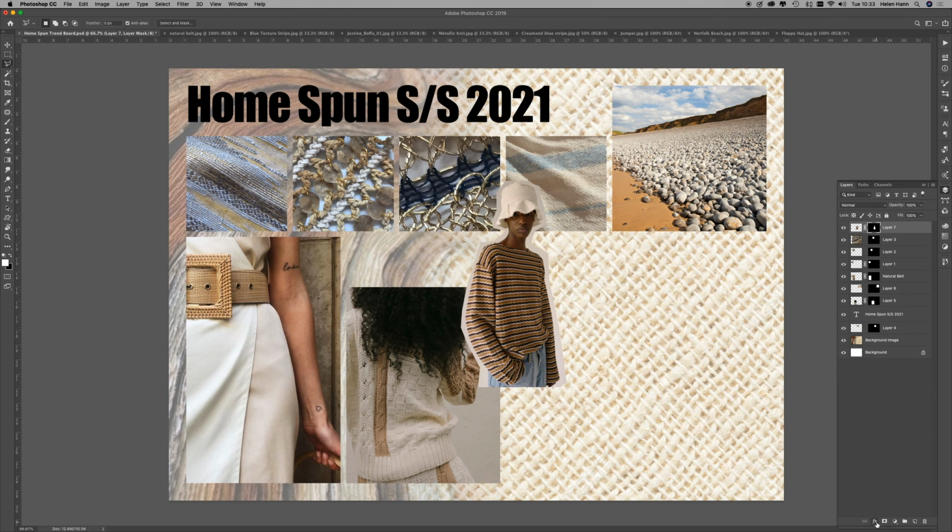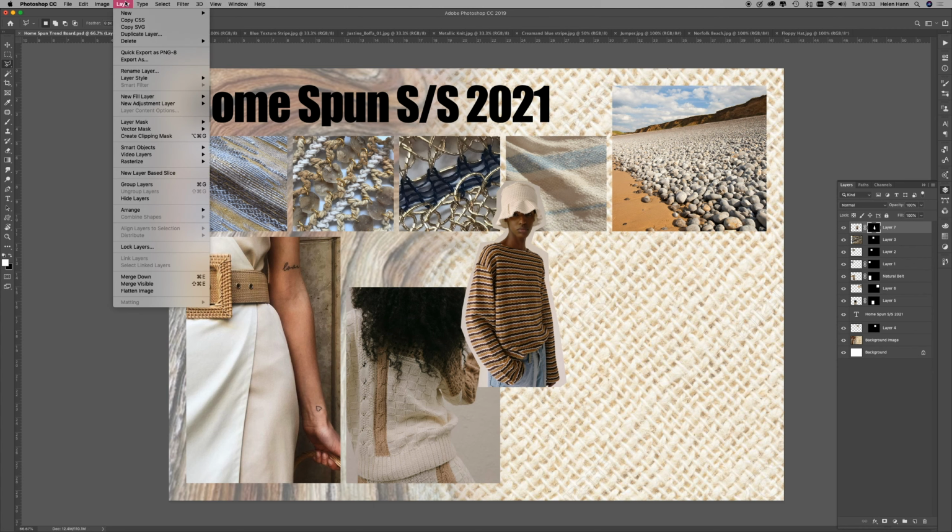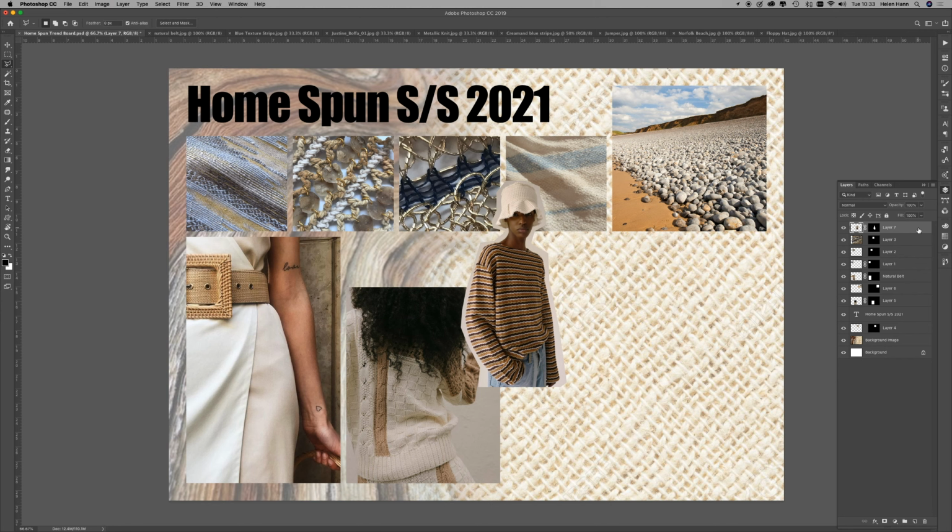We've got this little icon down here on your layer palette, and you can see it says add layer style. We can use that. Alternatively, we can go to the layer menu and add layer style. So we can go here. It does exactly the same thing. Alternatively, we can just click in this blank area on this particular layer, so not on the name or on the thumbnails, but in this grey area over here. So if I double click,